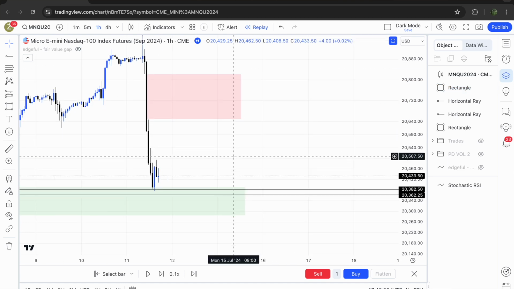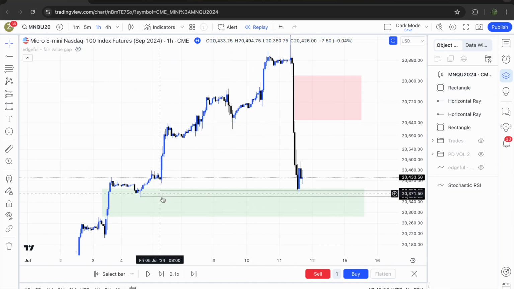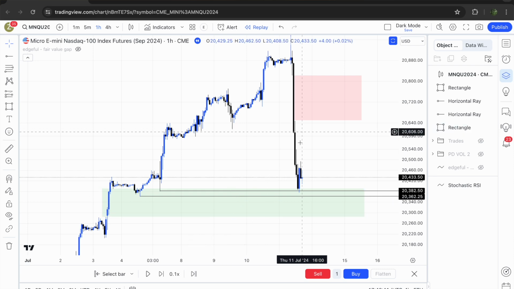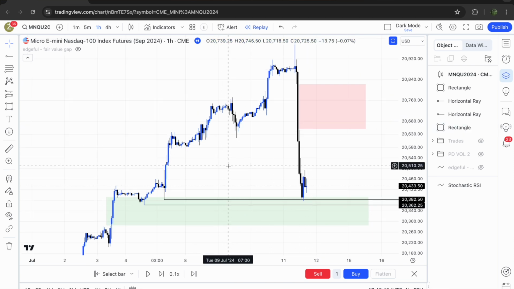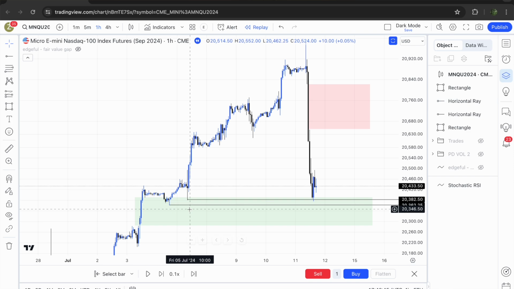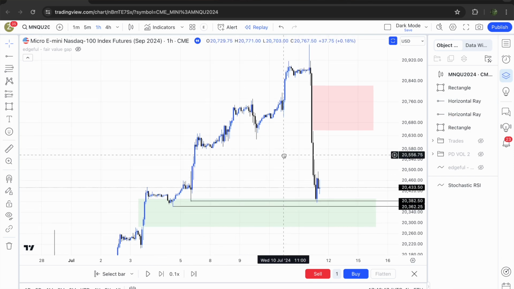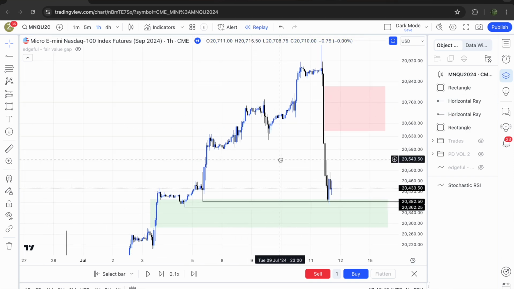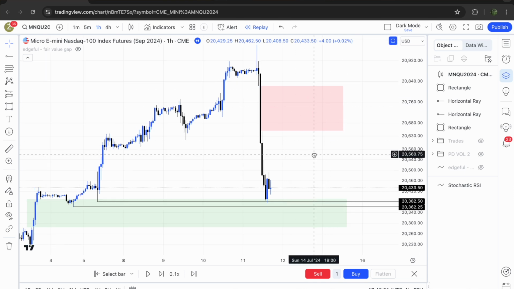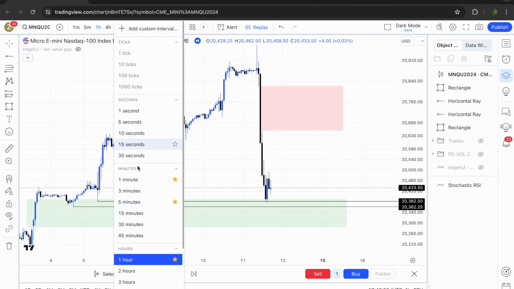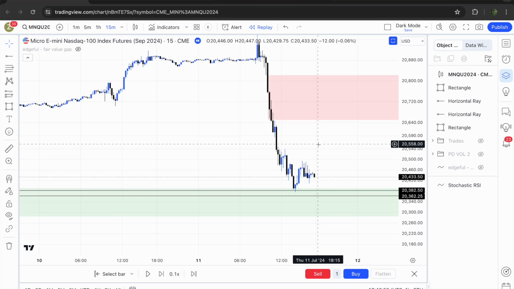Now remember, we can use fair value gaps for support and resistance. We can also use them for directional bias. In this case, we're using both. We're using this 4-hour gap as our support floor, and we're using this gap as the area that we think price can draw towards. So if we go to a lower time frame now,